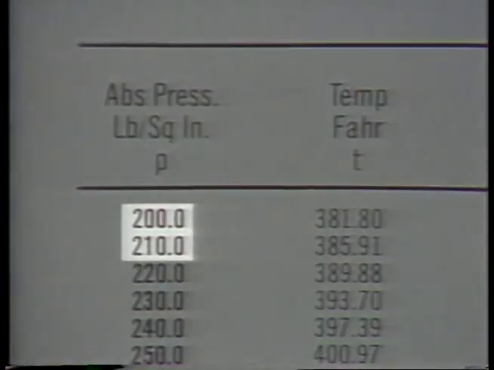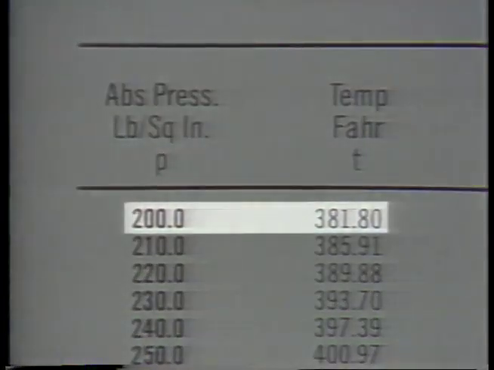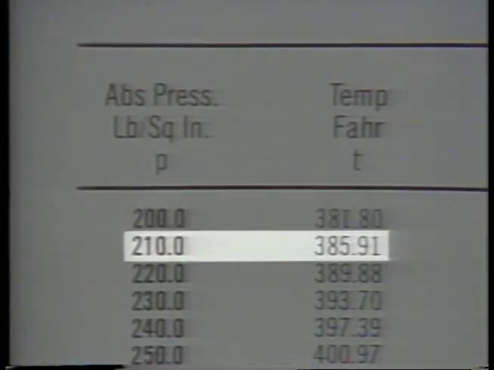Instead, we find pressures of 200 psia and 210 psia. All is not lost, however. We can still figure the approximate value with a few simple calculations. The saturation temperature given for 200 psia is 381.80 degrees Fahrenheit, and the saturation temperature for 210 psia is